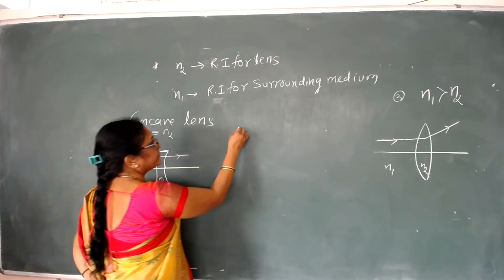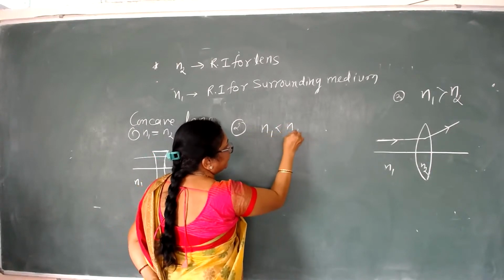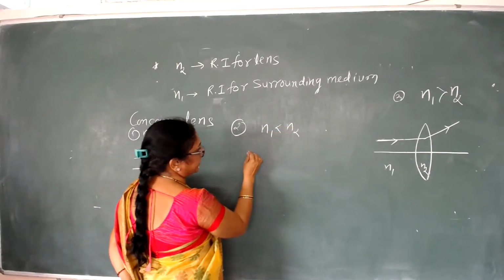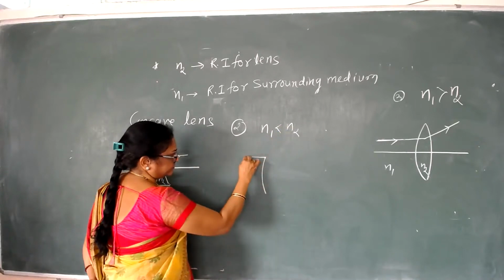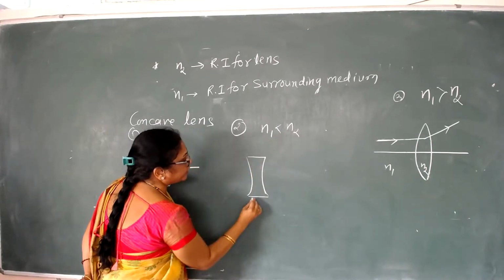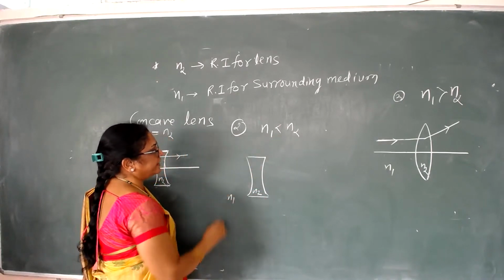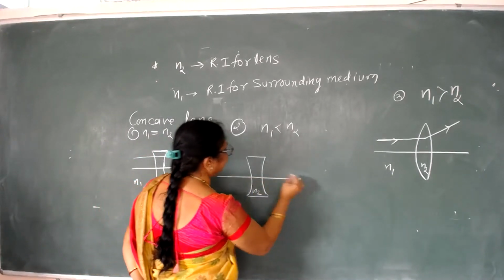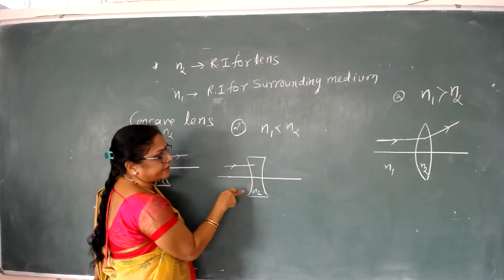Second, when N1 is less than N2, means the ray of light is propagated from the rarer medium to the denser medium. So here, this is a concave lens. The refractive index of the lens is N2 and the surrounding medium is N1. When the concave lens is placed in a rarer medium, draw a principal axis. When the ray of light enters this concave lens,